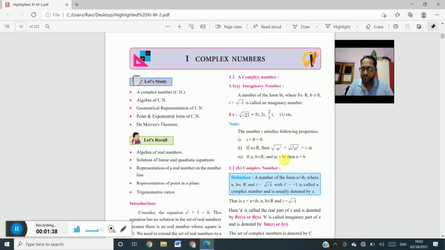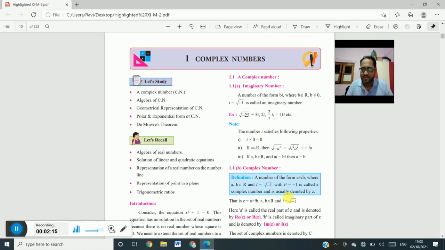If a belongs to R, then root of minus a square is equal to root of i square a square, that is plus minus ia, right? If a, b belong to R, ai equals to bi, then a equals to b. Now see how a complex number is defined. A number of the form a plus ib, where a, b belong to R and i is root -1 with i square equals to -1. This is called a complex number